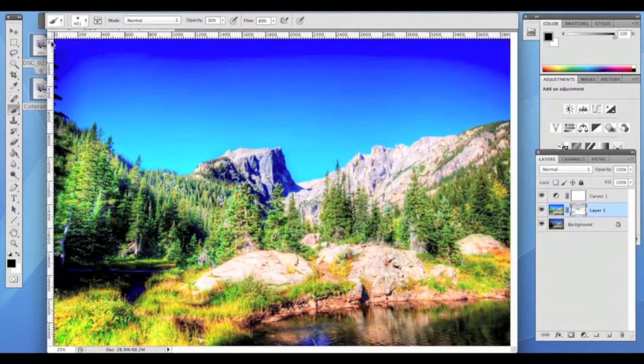So that is how you take your HDR image and pull it into Photoshop for post-processing. I hope this tutorial was